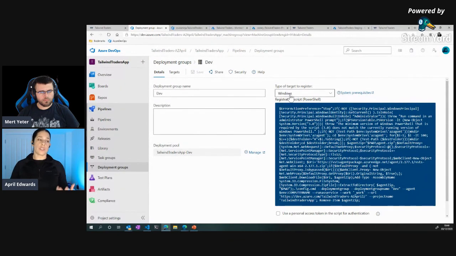And what this allows me to do is it registers a machine or group of machines to this group. So I can then, instead of deploying to a deployment slot, change that to a deployment group. So if you are using virtual machines or physical machines, you can do that. So we give the group a name, and maybe we'll call this the SQL servers or something, right? We can say it's a Windows or a Linux box, etc. Click on Windows. We run this PowerShell script, and it allows us to authenticate to the system. And then any server that has the script run on it has a secure authentication mechanism to talk back to